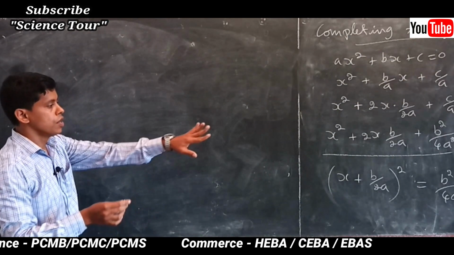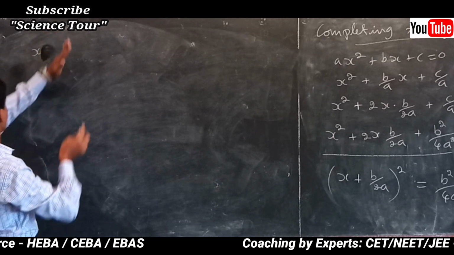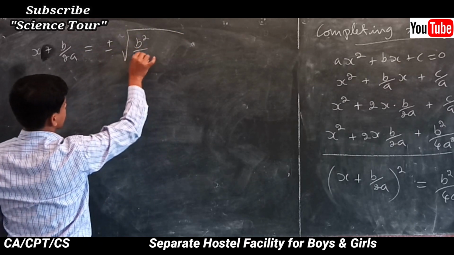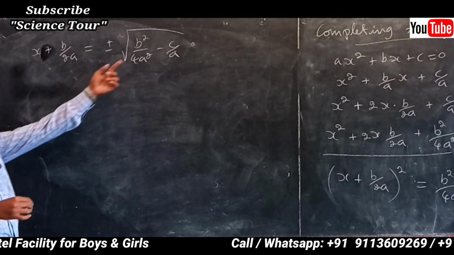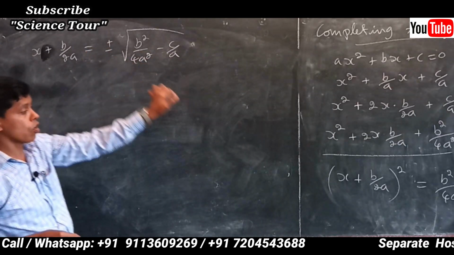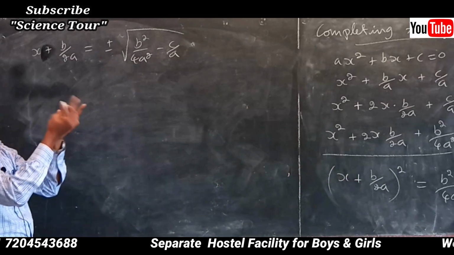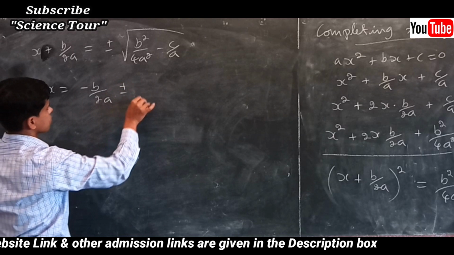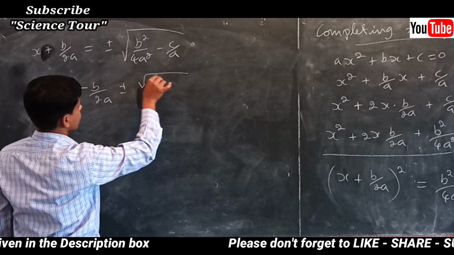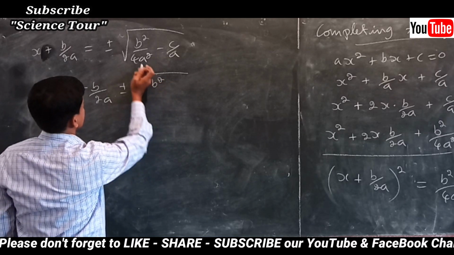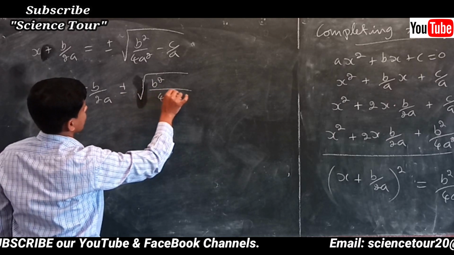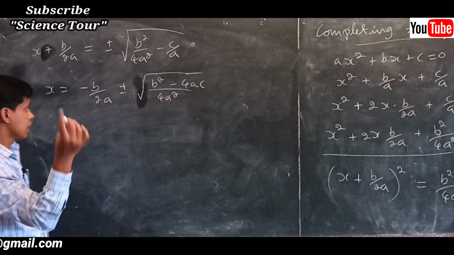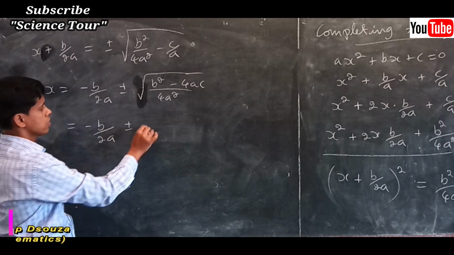So, I am going to continue here. Now, if you are taking the square root, how does that look? Correct? Okay. So, this is b square by 4a square minus c by a and we are taking plus or minus because this is a square. So, you get both the answers when you take the square root, alright, plus or minus. Now, what is x? So, if you are taking LCM 4a square, here you have only a, so multiply by 4a, so that is 4ac. Now, this is minus b by 2a plus or minus square root of